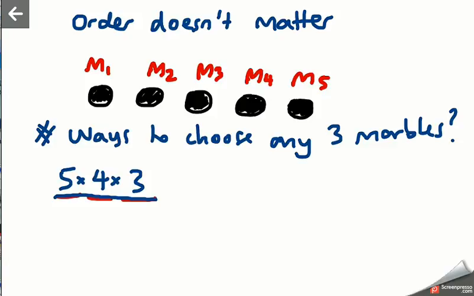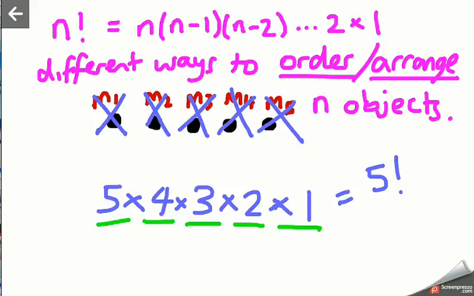Well, with 3 marbles, there are 3 factorial different ways to arrange them, just like there were 5 factorial different ways to order the 5 marbles at the start on the first whiteboard. If we go back, yes, I'm right: 5 factorial different ways to order the 5 marbles, and in general, n factorial different ways to order and arrange n objects. So there are 3 factorial,